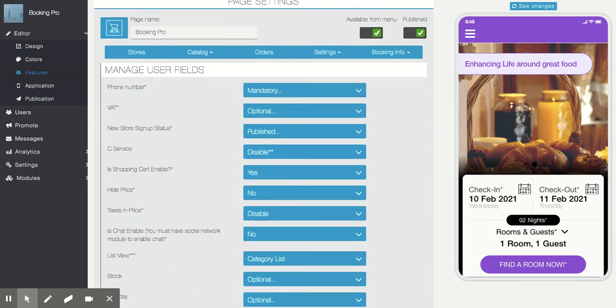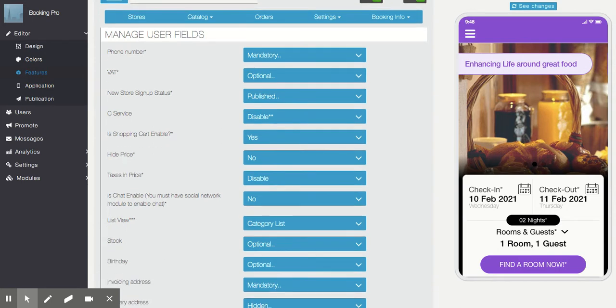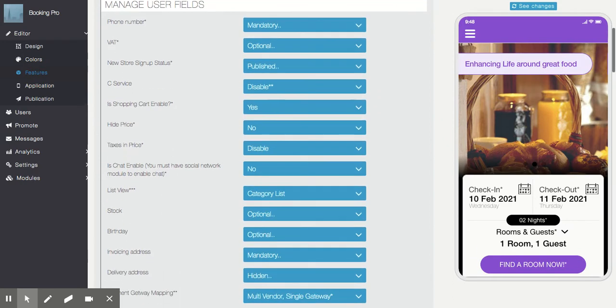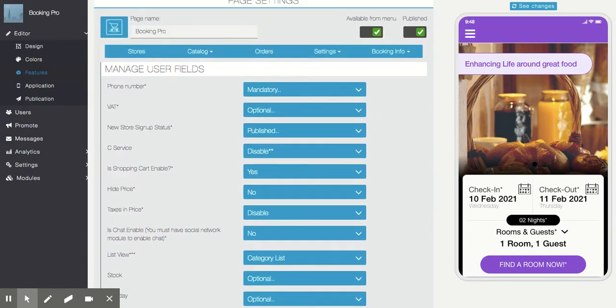Hello, this is the first release of the Booking Pro module. Whatever we are going to discuss now, it may change later. A few things will be changed. Almost it is ready, but we have to release it to get feedback from the buyers, and then we'll keep on improving for a couple of weeks or months.